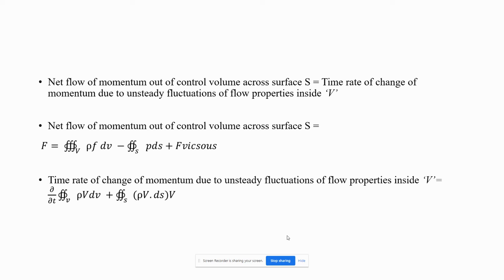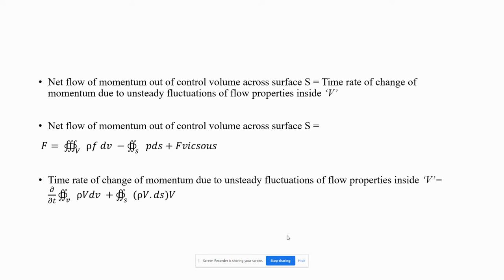There will be some body force, which is represented as a triple integral over the volume of rho f dV, and pressure force, which is given by minus the double integral over the closed surface of p dS, and viscous force. The second one is the time rate of change of momentum due to unsteady fluctuations of flow properties inside,